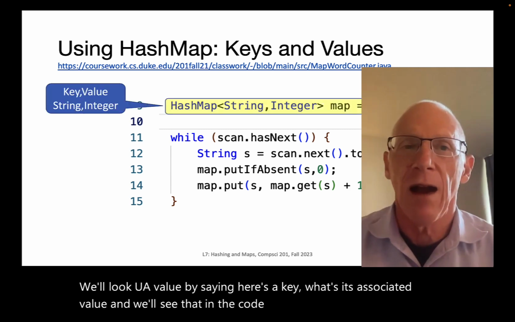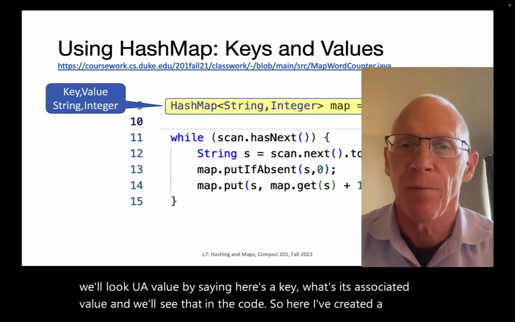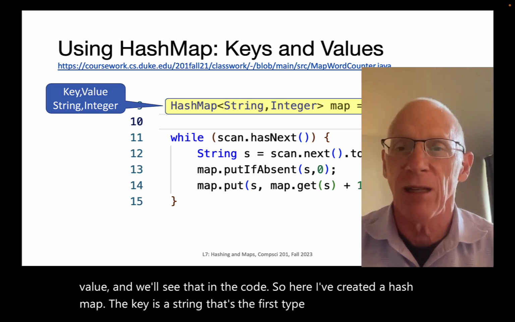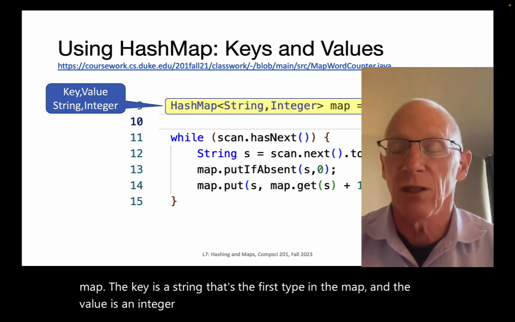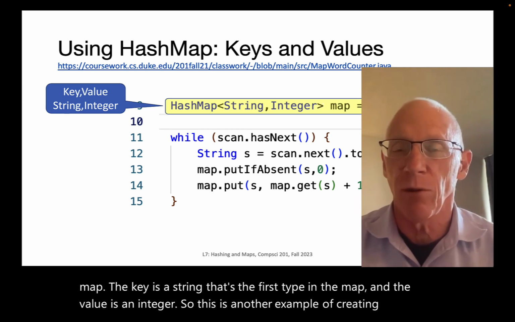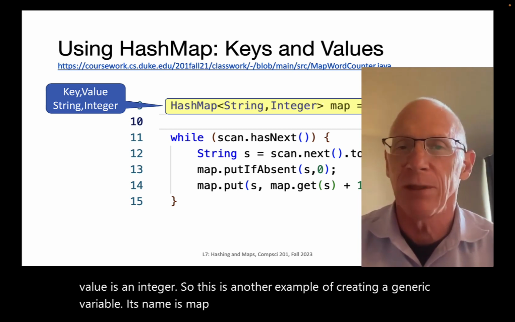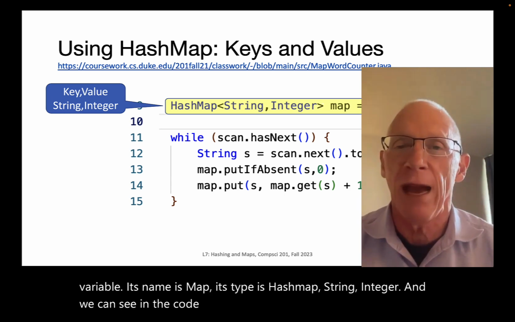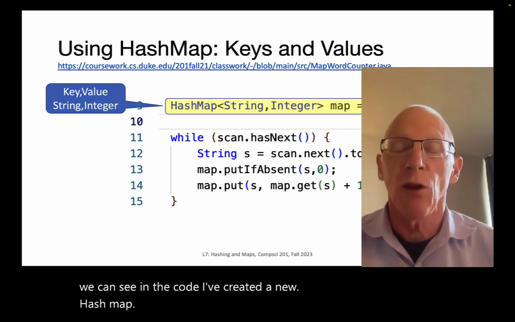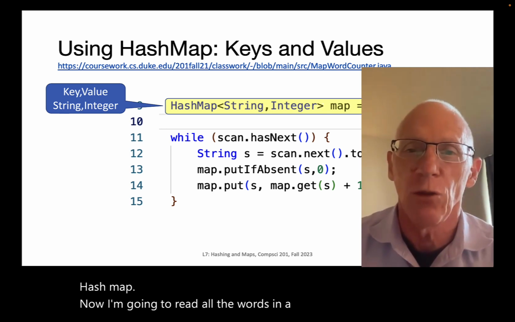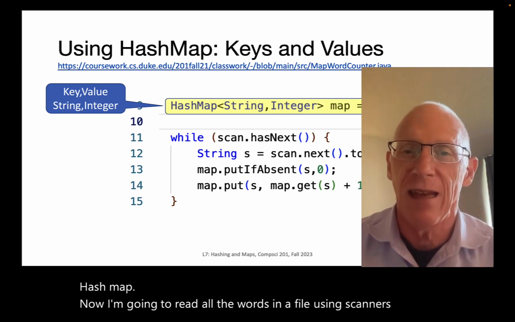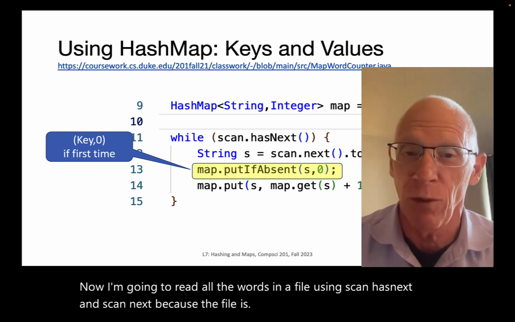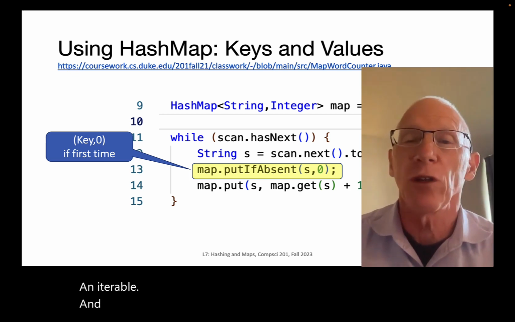So here, I've created a hash map. The key is a string, that's the first type in the map, and the value is an integer. So this is another example of creating a generic variable. Its name is map, its type is HashMap<String, Integer>, and we can see in the code, I've created a new hash map. Now I'm going to read all the words in a file using scan.hasNext and scan.next because the file is iterable, and I'm going to store